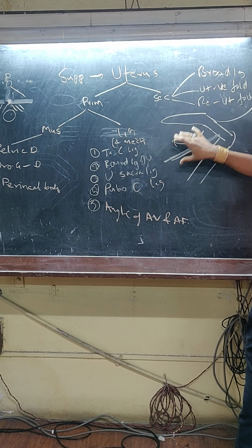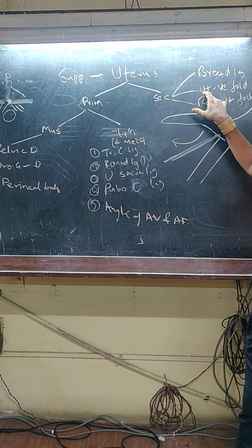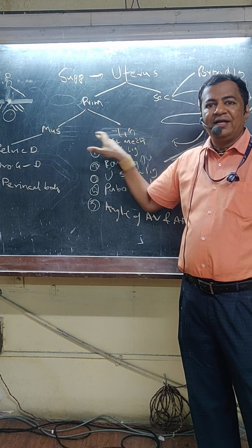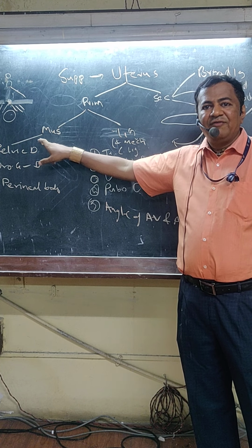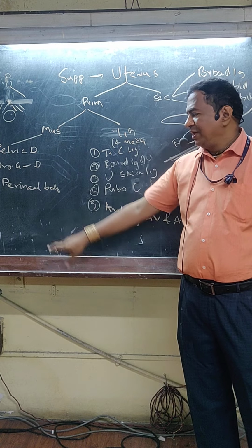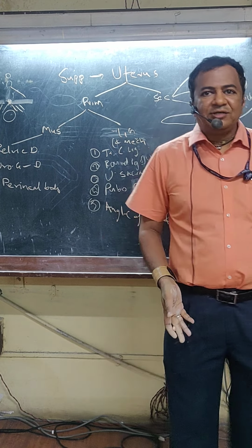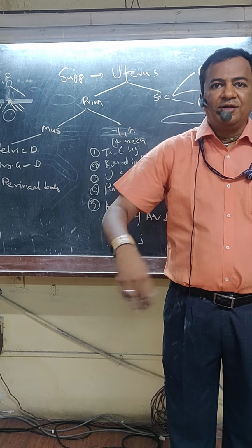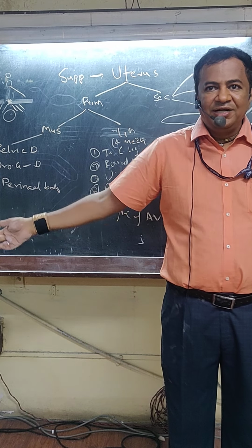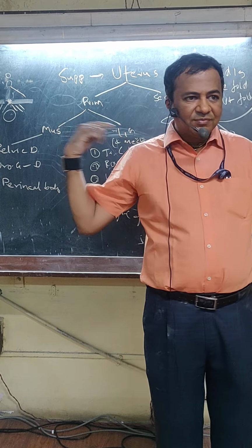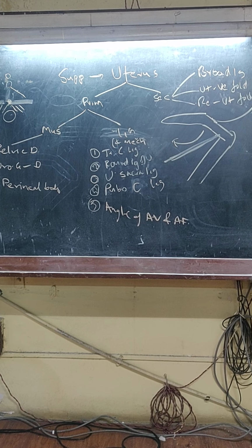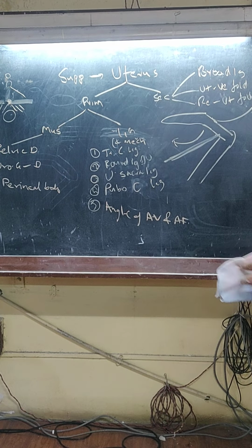You are getting it? Broad ligament, uterovesical, recto-uterine folds of peritoneum. Primary supports, muscular and ligamentous. Muscular are pelvic diaphragm, urogenital diaphragm, perineal body. Ligamentous are, look, there is a pattern: transverse, tubocervical, uterosacral. Three directions you will remember: transverse, tubocervical, uterosacral, front, back, side. What is left? Round ligament of uterus, which goes like this from the angle, and the next is angle of anteversion and anteflexion.